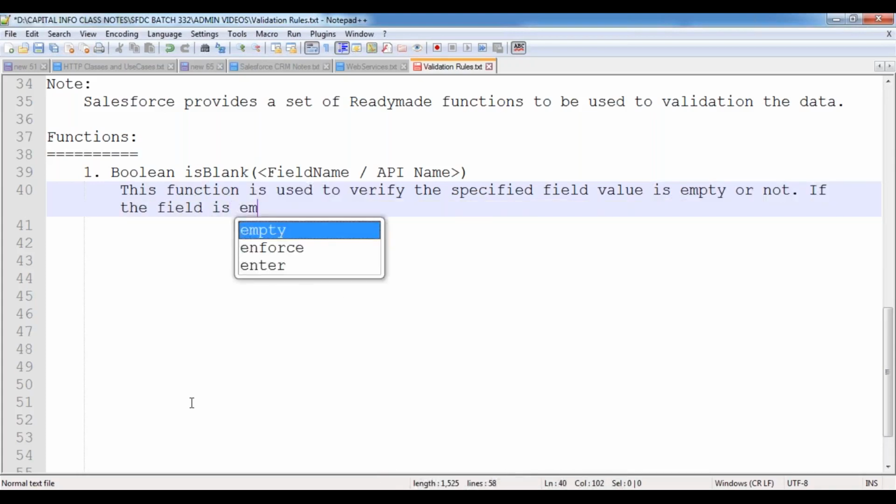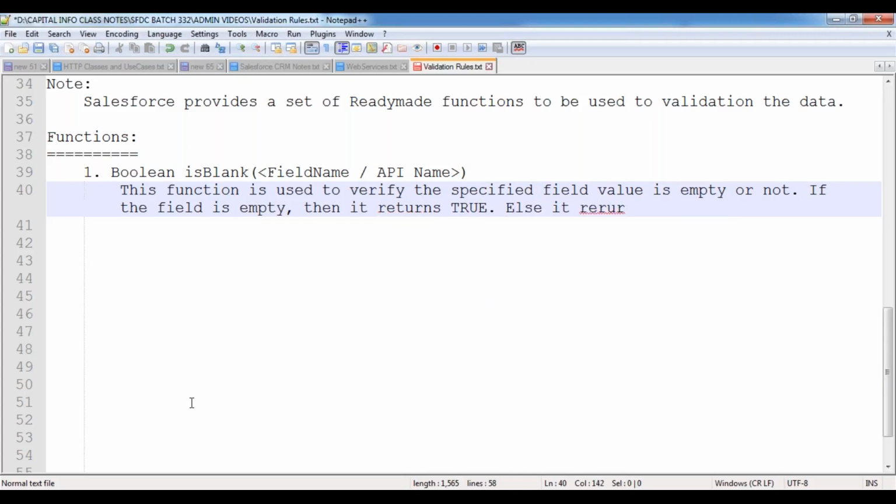If the field is empty, then it returns true, else it returns false. If the field is empty, then it returns true, or else it will return false.